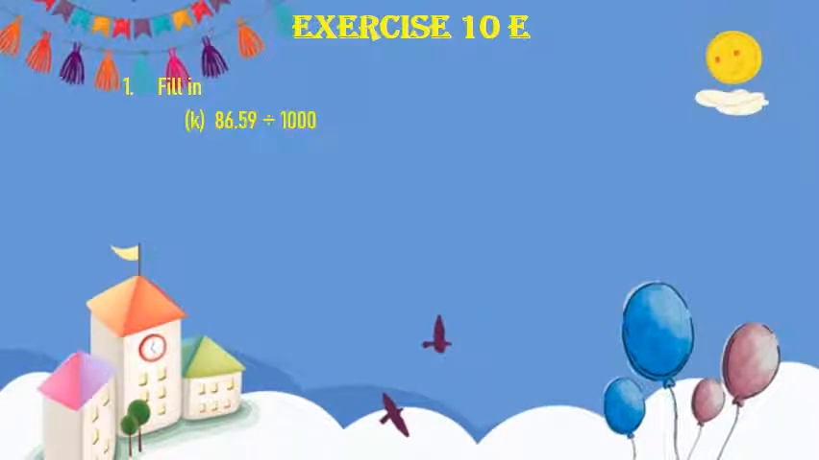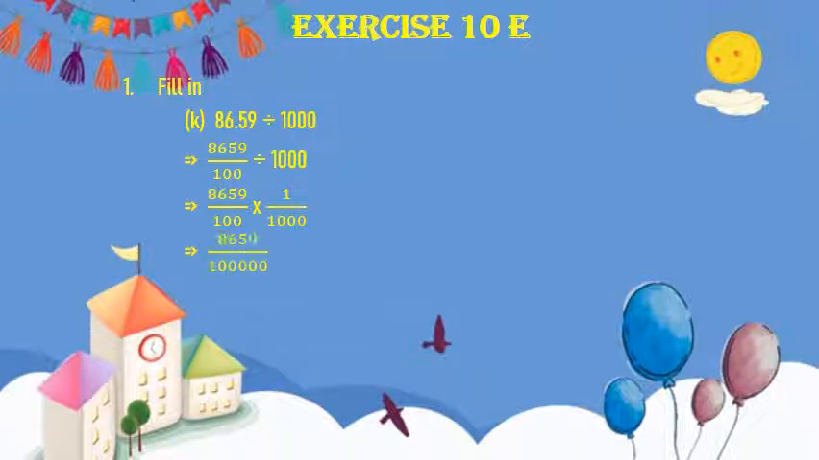Now children, the K part of question number 1, here we have to divide 86.59 by 1000. Again, 86.59 can be written as common fraction as 8659 by 100 divided by 1000. 8659 by 100 multiplied by 1 upon 1000, which in turn is equal to 8659 by 100,000, and this can be written as decimal fraction, and then it is equal to